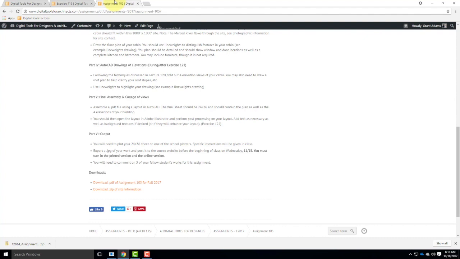It's part of the assignment. It's really important that you learn how to print. Therefore, if you don't hand me the printed version, it will be marked late. Does that make sense? I just want to make sure I'm nice and clear on that. So the plotted version, full 24 inches by 36 inches, you have to hand to me at the start of class when it's due, which is